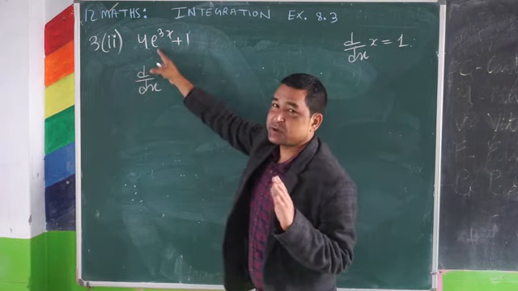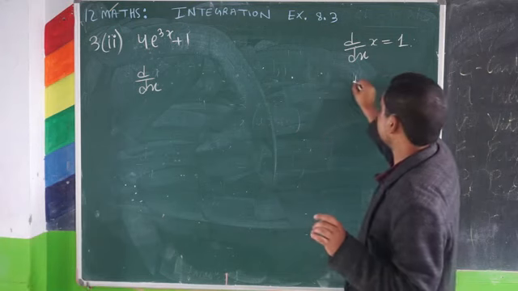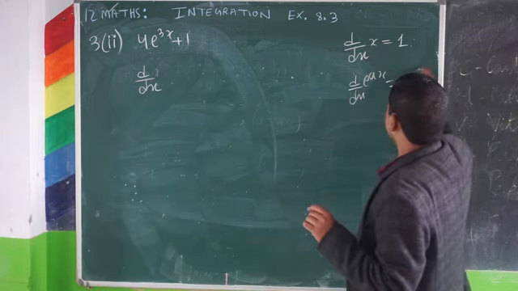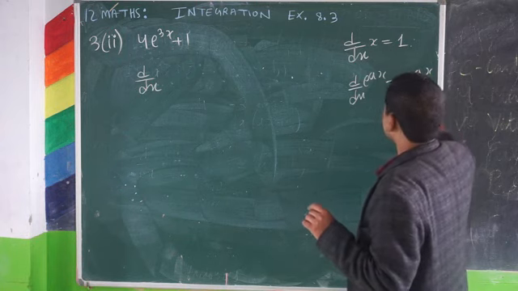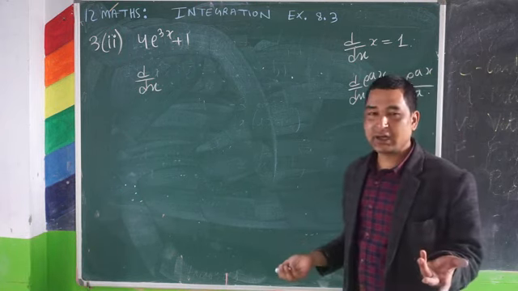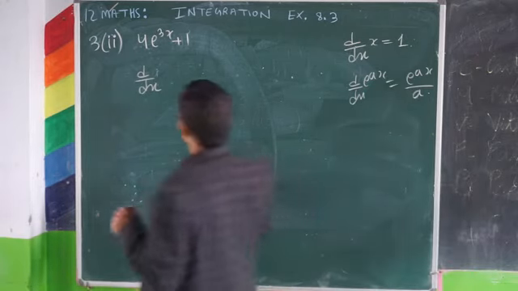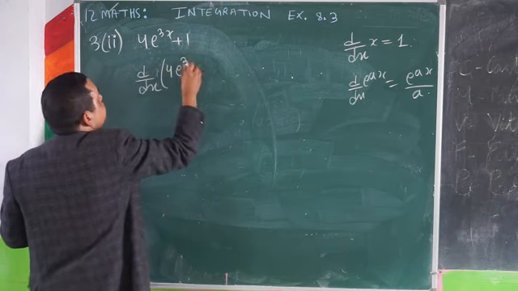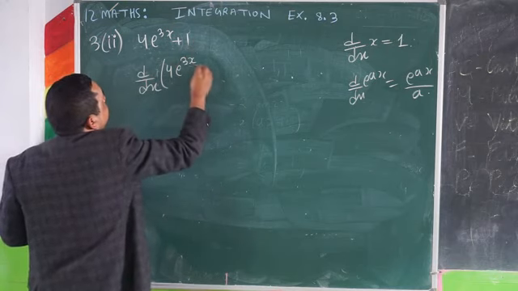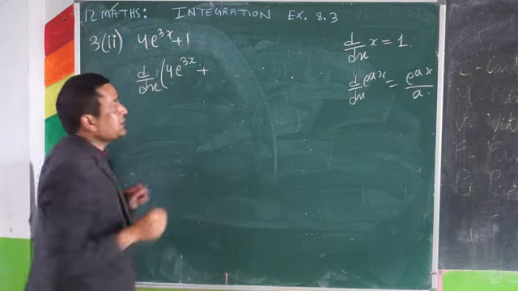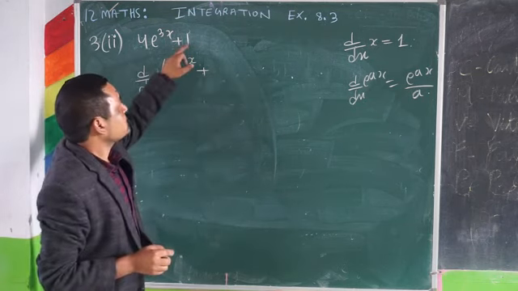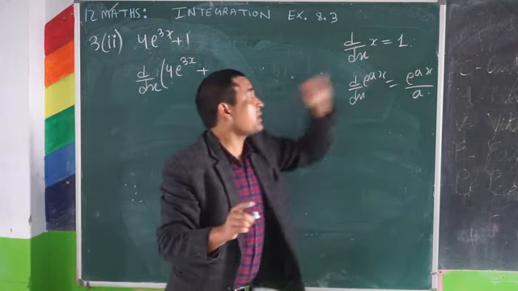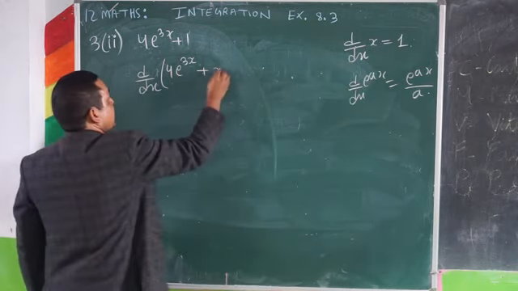Then we have this exponent function. The exponent function is always the same, because differentiation of e to the power ax is how much? E to the power ax divided by 3. That means e to the power 3x is 3x divided by 3. Let's write the direct equation. It is 4, 4 e to the power 3x plus, in place of 1 what to write? To get the answer 1 there must be x, because differentiation of x is 1. Then let's write x here.